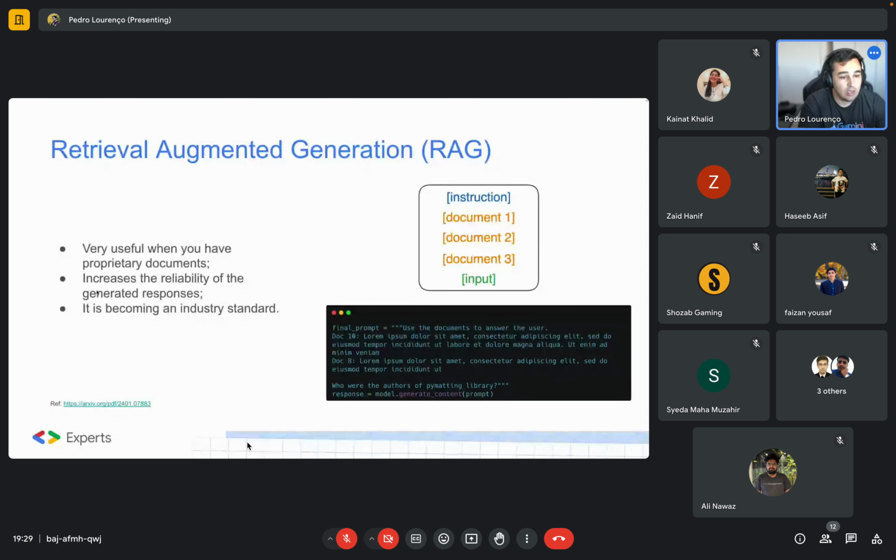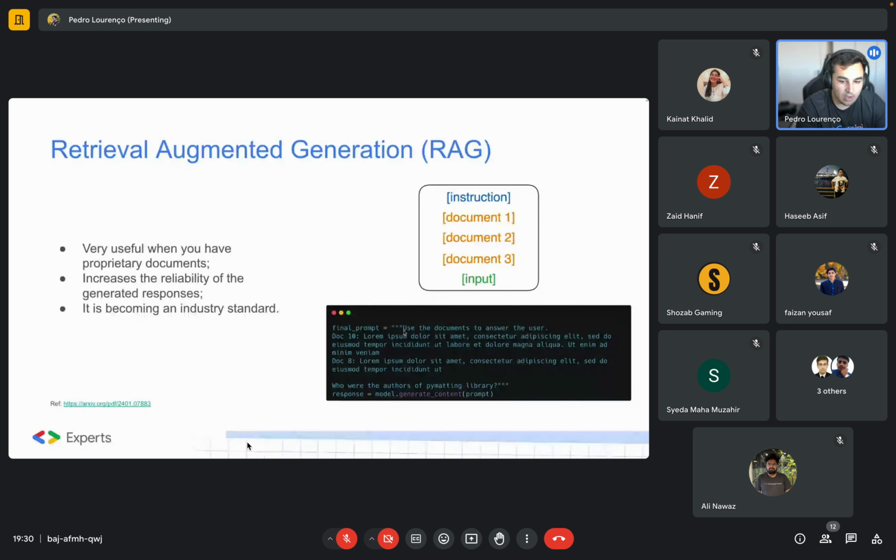So the layout of the prompt is basically an instruction, and you put a bunch of documents. Like few-shot, you can test and see how many documents you want to have here. So you put document 1, document 2, document 3, and then the question of the user. Here's an example. I summarized it just to fit in the slide, but I will show a real example in the Google Colab.